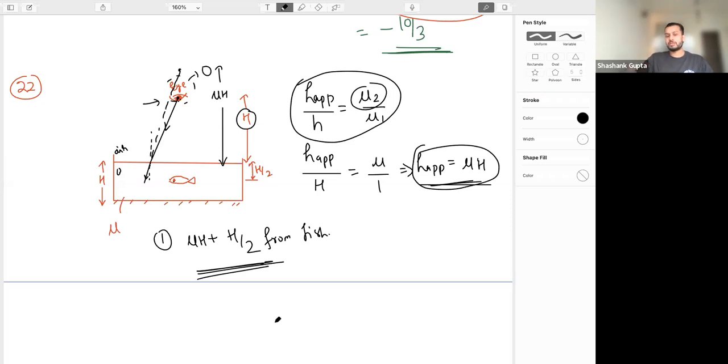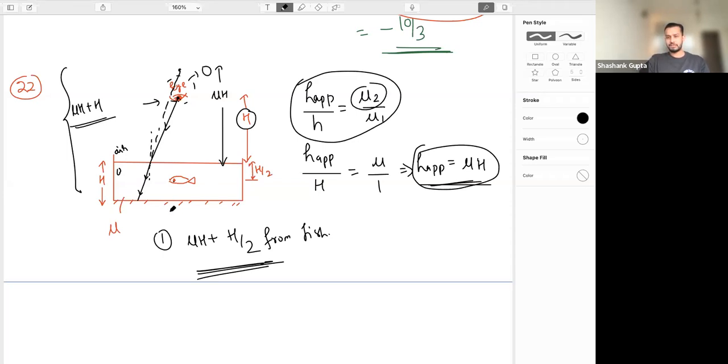Okay, now what will happen? Suppose this ray is not directly going into the fish eye. It will go to the mirror. For the mirror, what is the distance of the image of the eye which is already formed? To strike the mirror, the ray has to pass through this interface. So from the mirror, can I say this distance is mu h plus h? If the ray is coming from the eye, striking the interface and then going directly to the mirror, not the fish eye, then for the mirror this distance is mu h plus h.